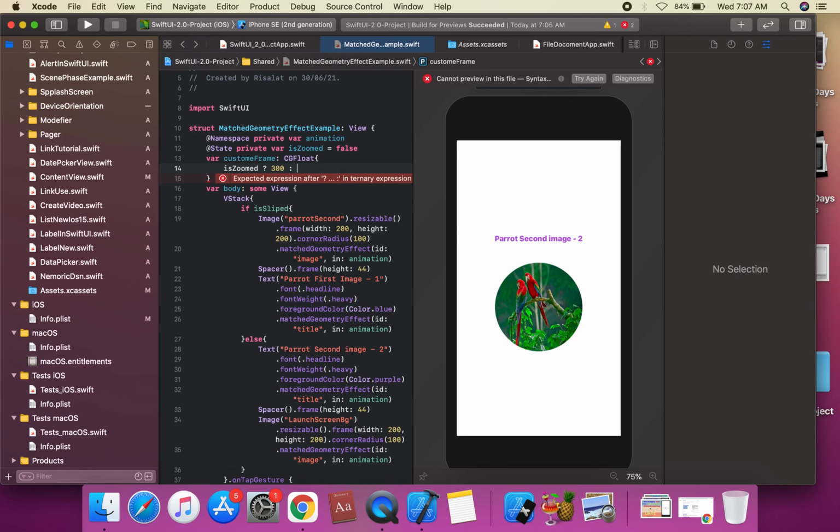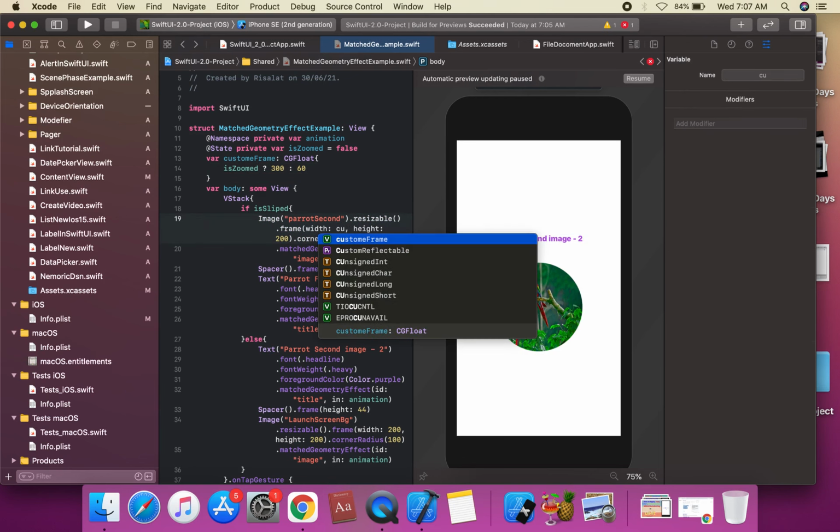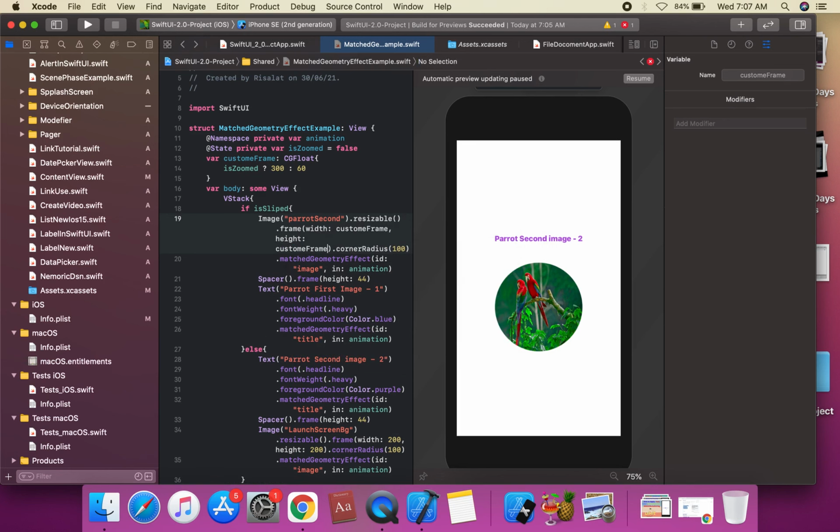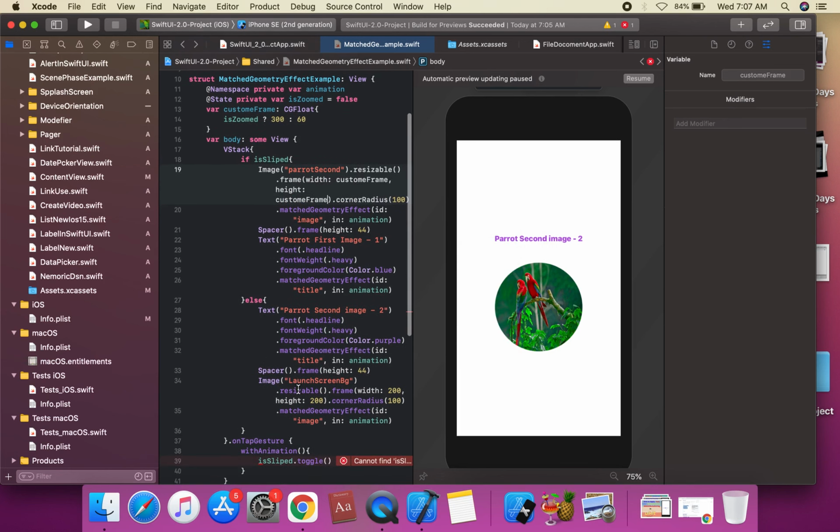Frame is 60, we can modify on your code. Okay. And we're gonna create a zoom property, and we're gonna assign on this frame the custom frame. We can assign on this custom frame. Okay, and we're gonna apply this custom frame on the image.